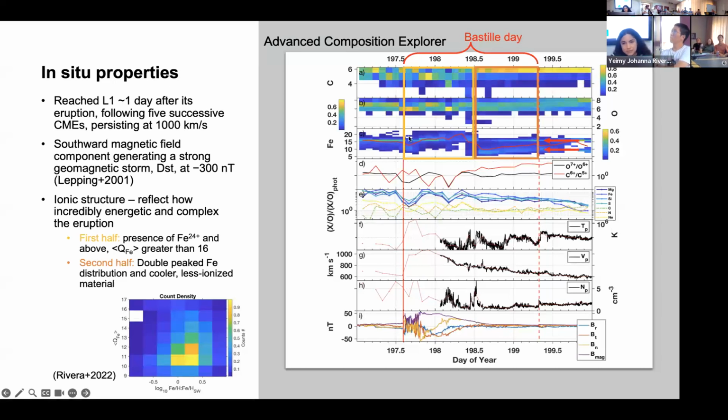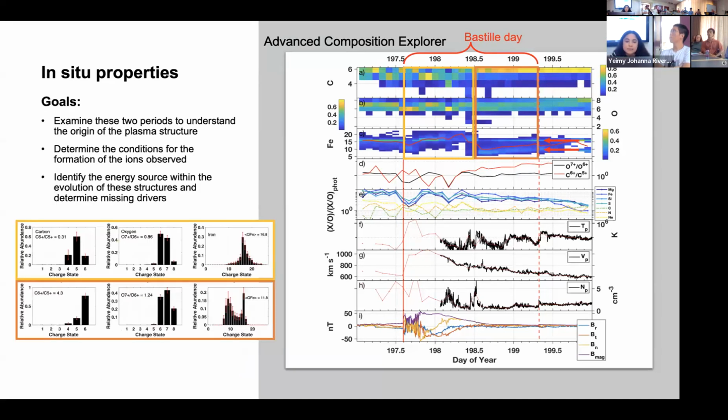I didn't mention this, but the first half of the CME, as we talked about before, the highly ionized material is associated with this flux rope that we were talking about. And then the structure towards the end is this double-peak iron distribution. One of the things I'll also point out is that the iron distribution also contains these very low ionized ions, and so do the carbon and oxygen distributions. That's very rare in CMEs or the solar wind, really. And so we think that that's potentially coming from the prominence material, that prominence core that we saw in the first slide.